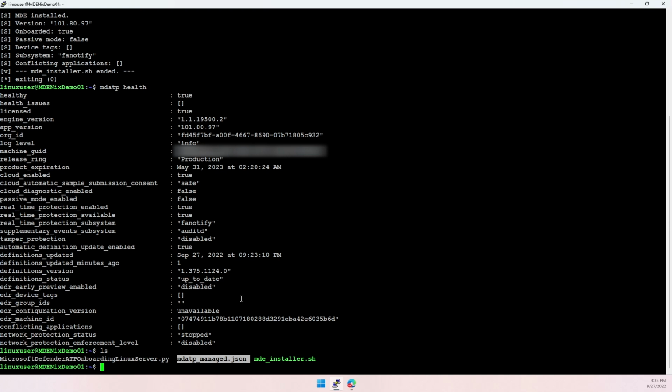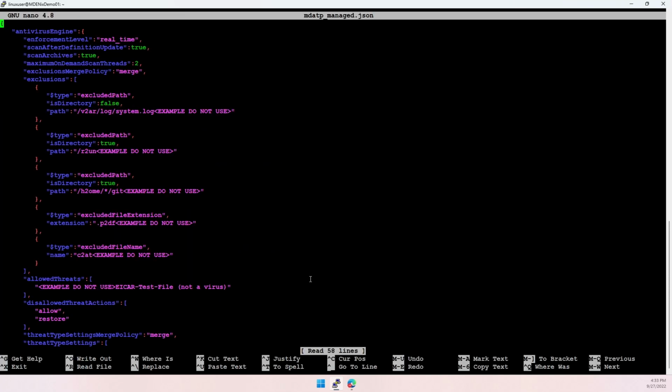Here we have the MDATP managed JSON file, and I have done a very good job of pre-populating this with a lot of settings that you can control. Now, this is pretty extreme for a configuration file that we would recommend deploying out there, but what I wanted to do was show a lot of the different options that you have available to deploy using this configuration file.